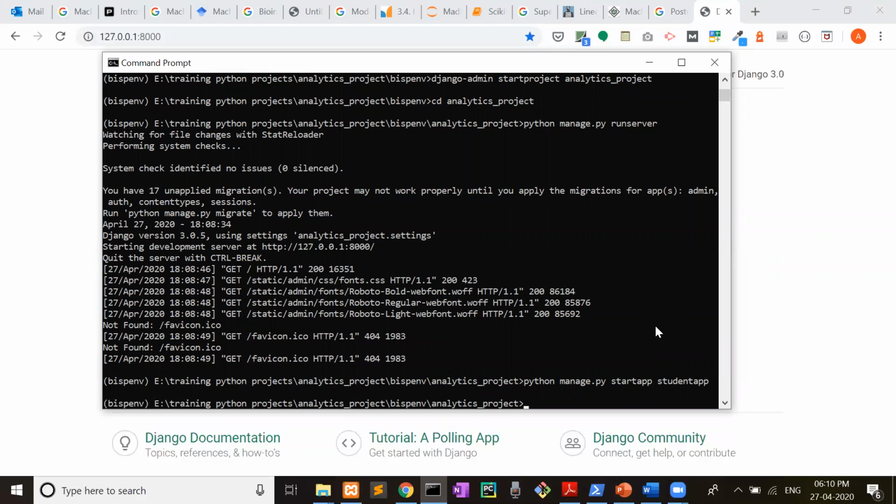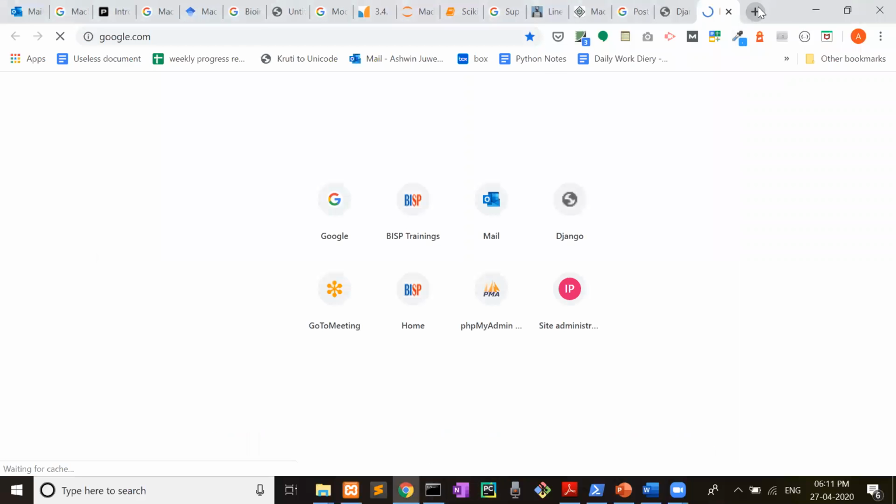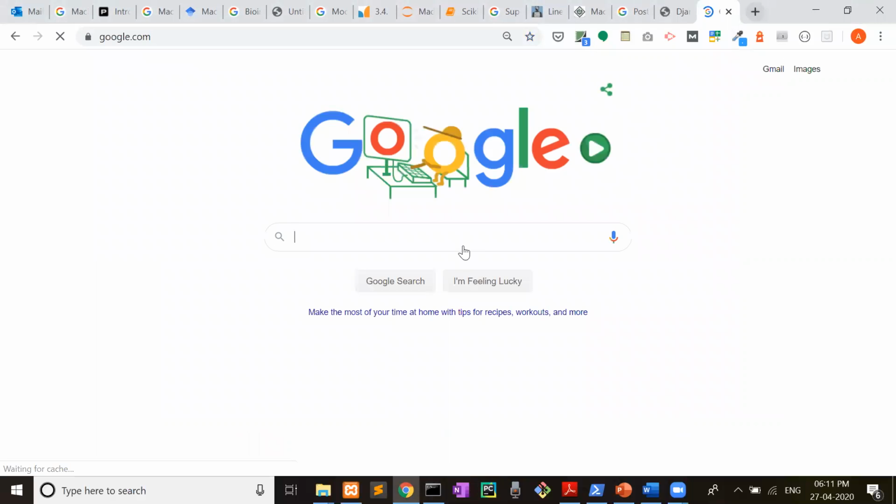Now you have to open PyCharm. See, you will get PyCharm here. For example, search PyCharm download.